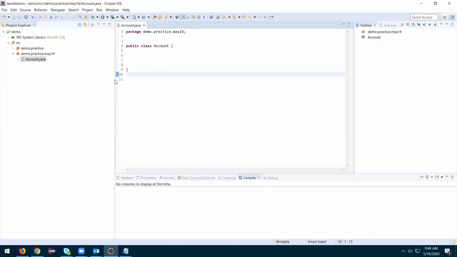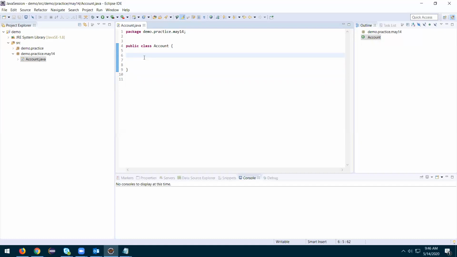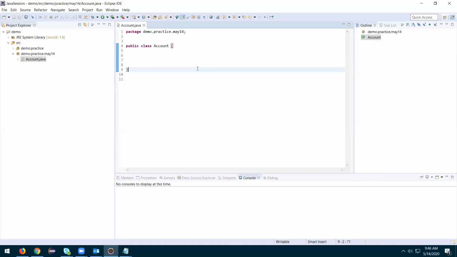Usually, through convention, we follow one public class per compilation unit, basically one class at all. We don't create multiple classes. If we want to create a second class, we'll create a new compilation unit, that is a Java file, and create it there. So usually we maintain one class per Java file. That's what I wanted to say. Till now, you guys understood?